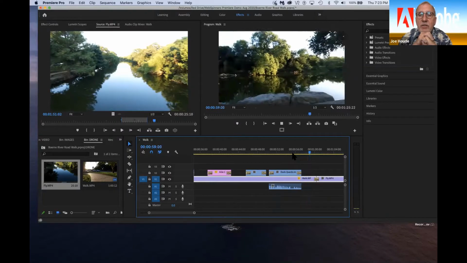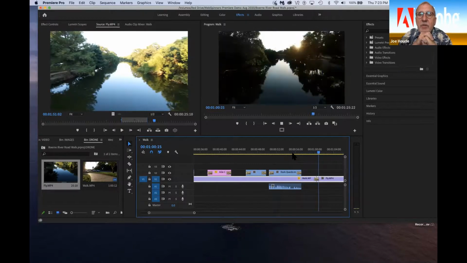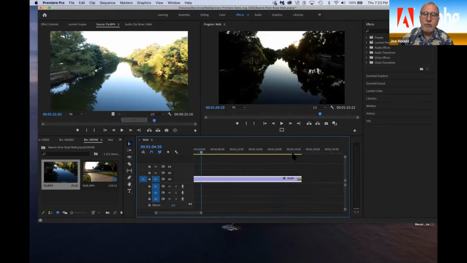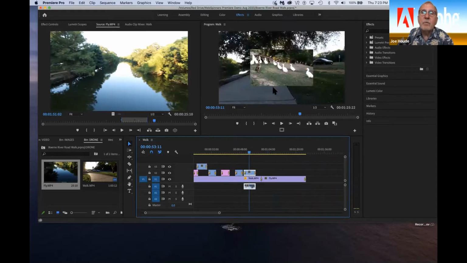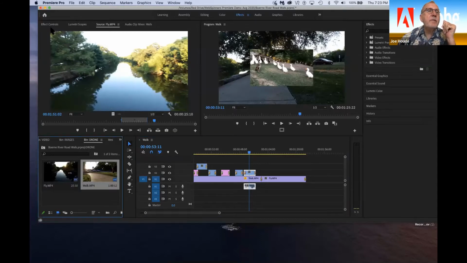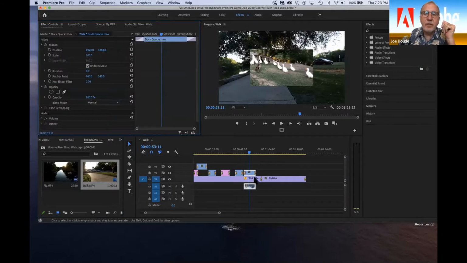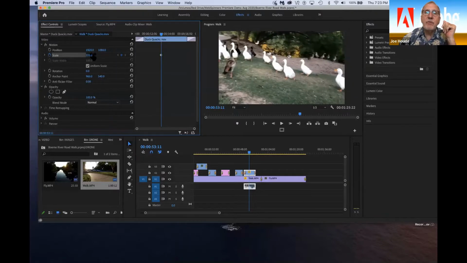which are too small, as you can see, but then we dissolve from the turn to the river to the final fly piece. All right, let's zoom this back, because what I didn't do was blow up the ducks, which is what I was going to do in the first place. So again, effect controls, we're in the ducks, we click the scale button, we zoom them up so they fit. Okay, then we take this